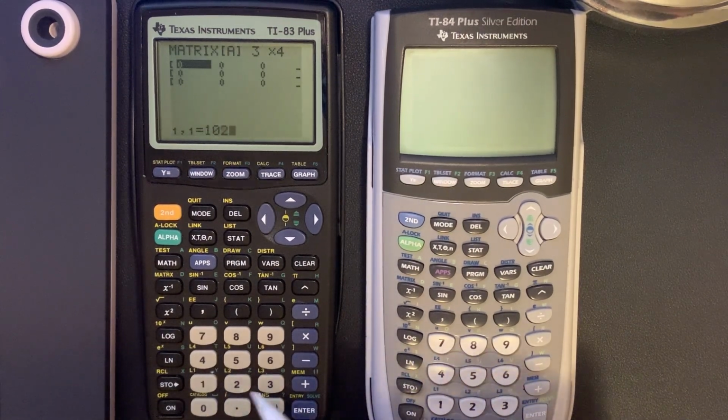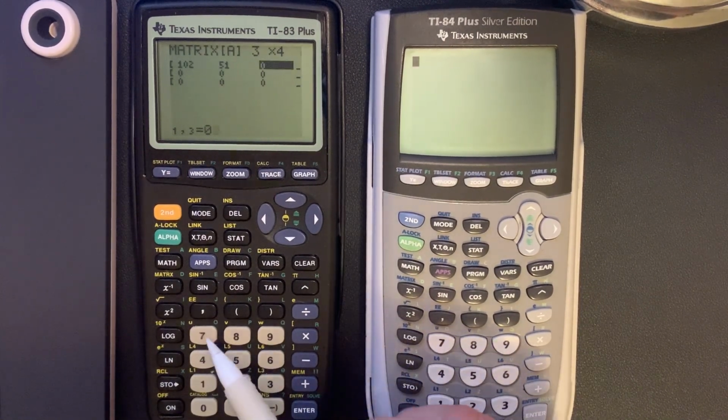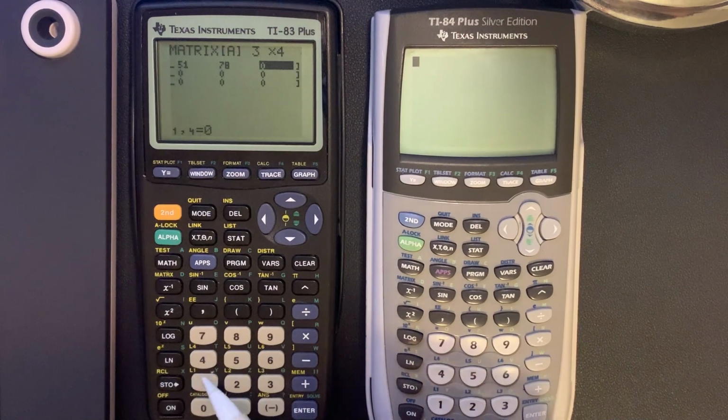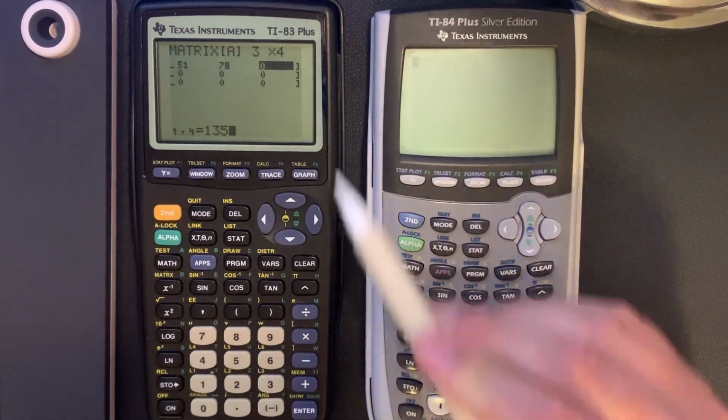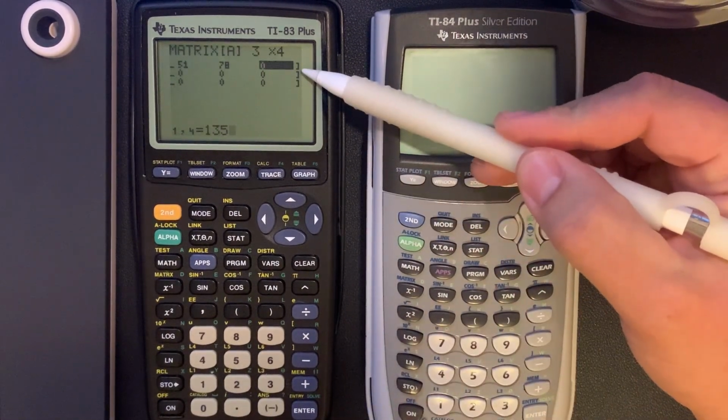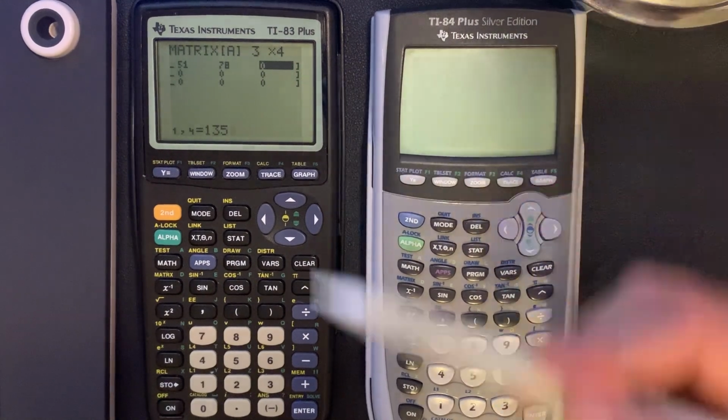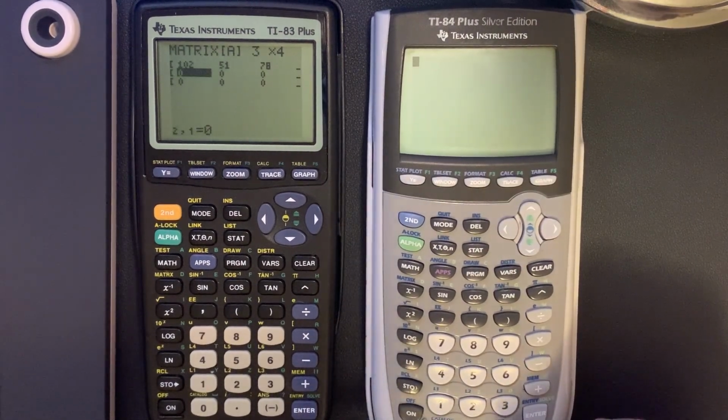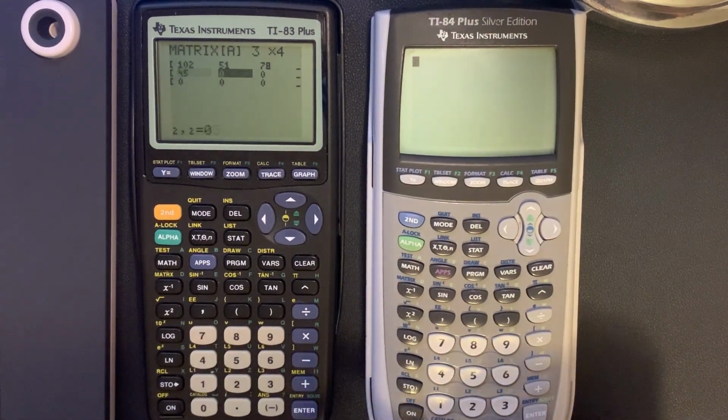So 102, 51, 78, 135. Now, notice how we're all the way over at the end. When I hit enter, it's going to immediately kick me back to the next row. There we go. So we're going to have 45, 126,